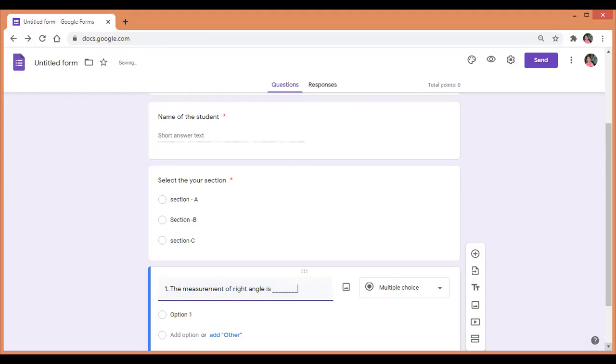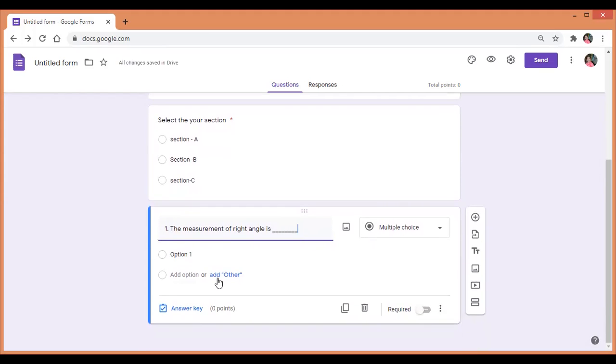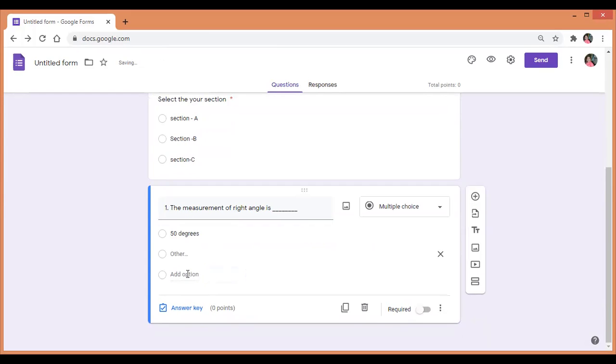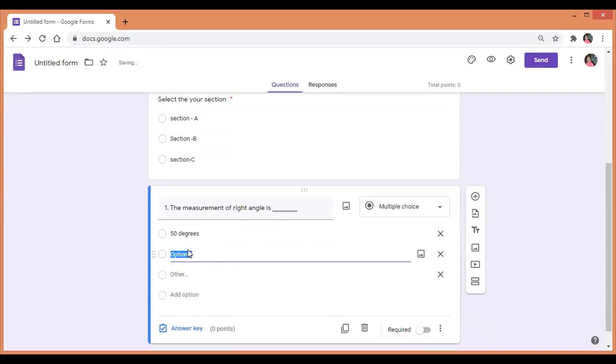So what I'm doing, I'm giving the options. It is 50 degrees. If you want to go for 2 to 3 options, right here 90 degrees. Then